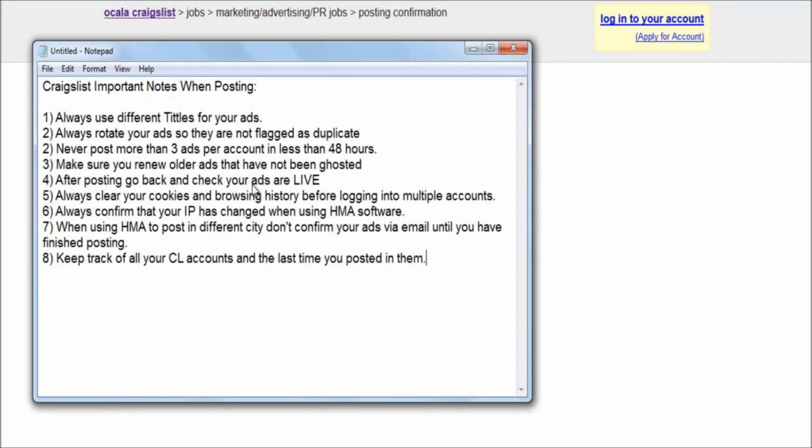So if you see that your ad is actually live on Craigslist, go back to those ads and renew them just like you saw me do, and then you're going to have more ads actually live on your account. So you're going to have a bunch of ads. If you have an account with 30, 40, 50 ads, that could be a lot of traffic